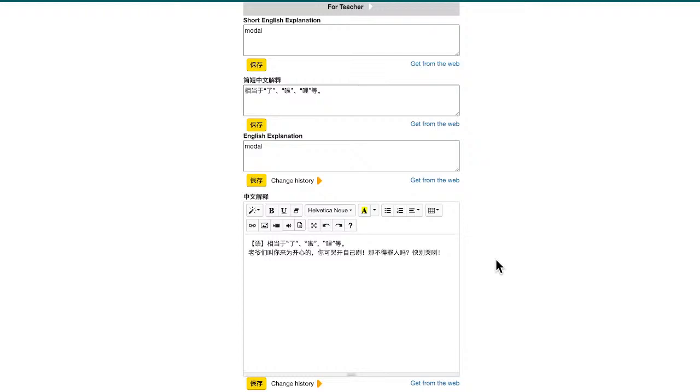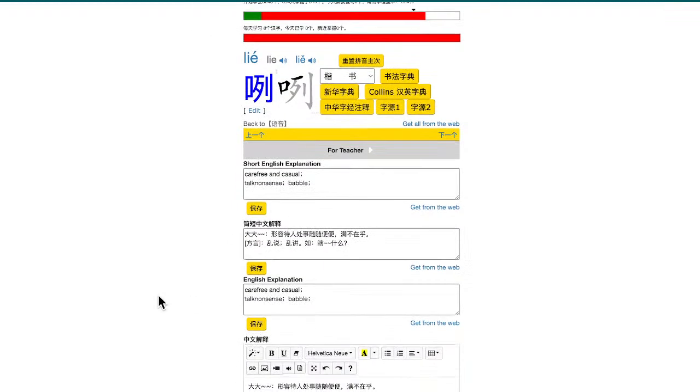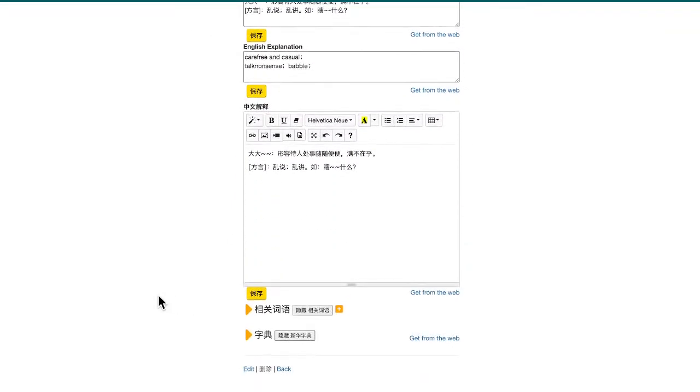Some regions are more accustomed to saying li, some regions may say le, or some places may say la. But it's pretty much the same thing, right? So this is le. And the second pronunciation is li. When you pronounce li, it's in a particular word.